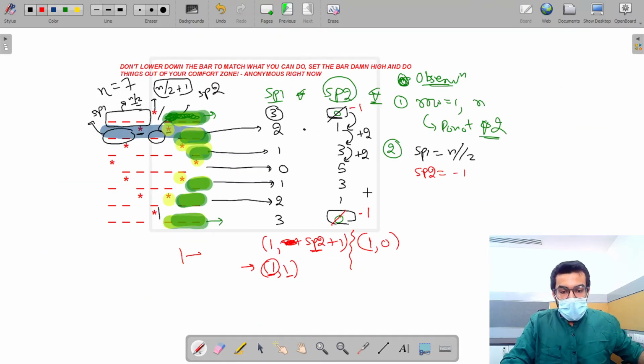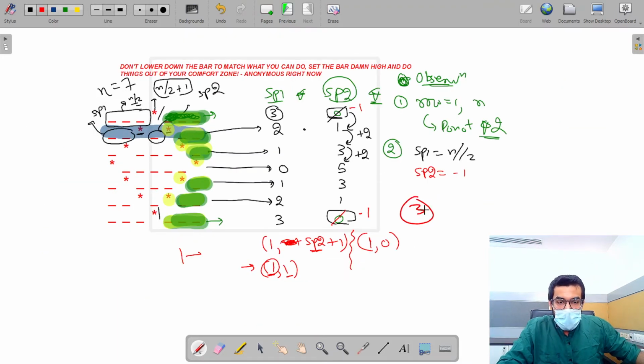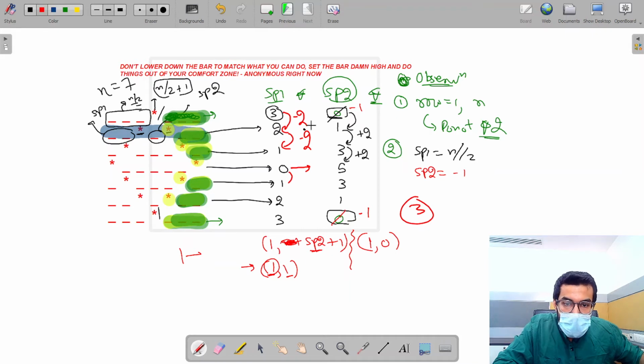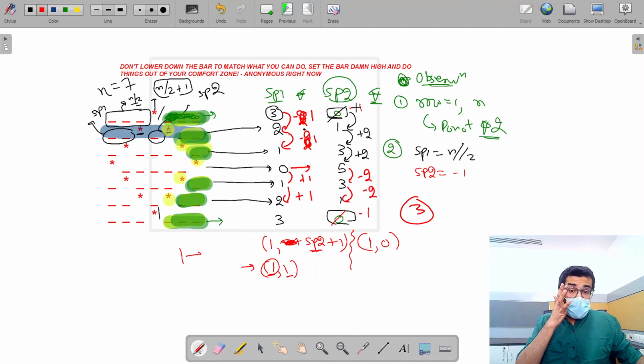So the initial value of the sp2 variable I am taking as -1 instead of this, to make sure that it follows some progression. Now the third observation I'm simply making is that the operation that we are performing on the sp1 variable is getting reversed after the middle column. The initial operation is -1 over here till here, and from here, sorry, it is -1. A little bit of a mathematical mistake, then it is +1, and then it is +1 as well, and this operation is also getting reversed, the operation that we were performing on the sp2 variable.